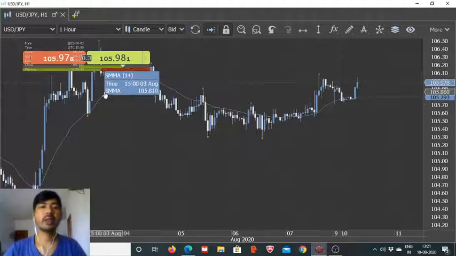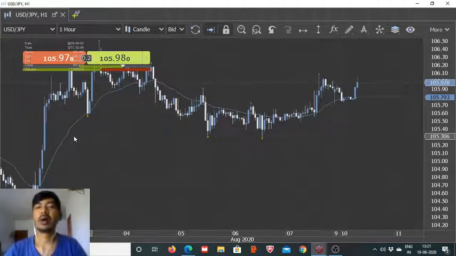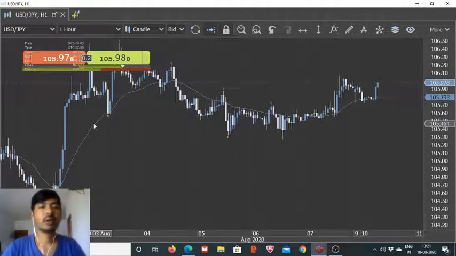And as you can see, even though it is only being calculated for the last 14 candle periods, still it is fairly smooth if we were to compare this to the SMA or EMA, and that's the reason